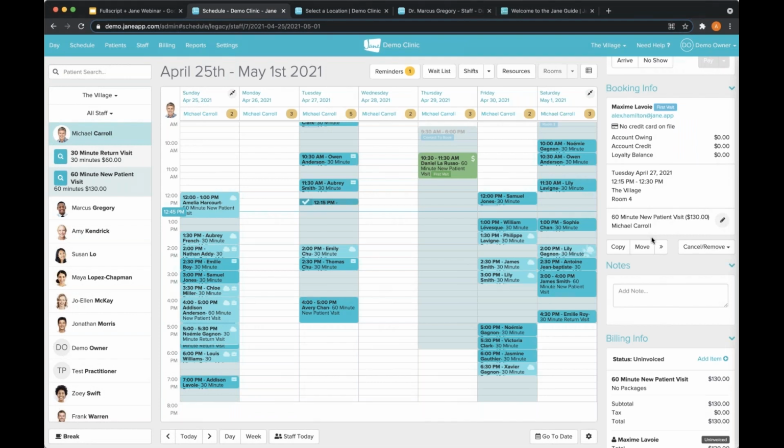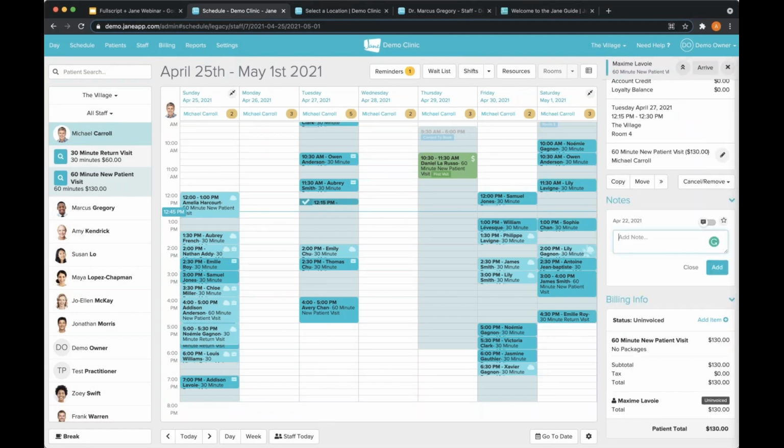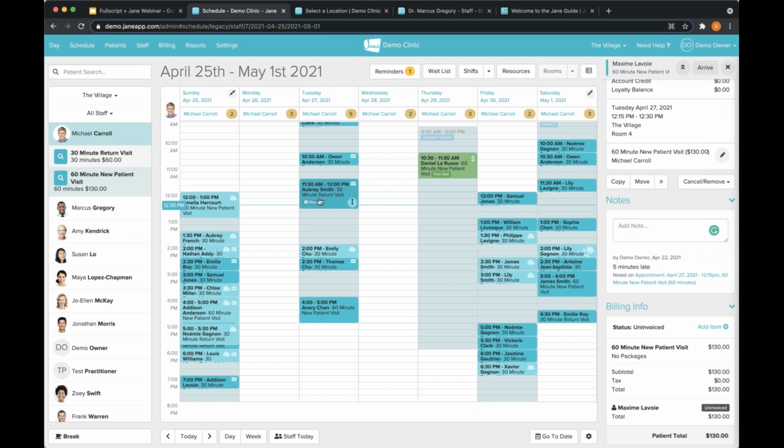Otherwise, we also have a section for any sort of notes here. If I need to type that maybe they're going to be 5 minutes late, or any internal notes you need to write about a patient, you can add that as a note. And if I hover my mouse over, I can see the note, they're going to be 5 minutes late. You can star these notes, and if maybe they're always 5 minutes late, or maybe there's something important to tell them the next time around, you can always star these and have a recurring reminder at least.